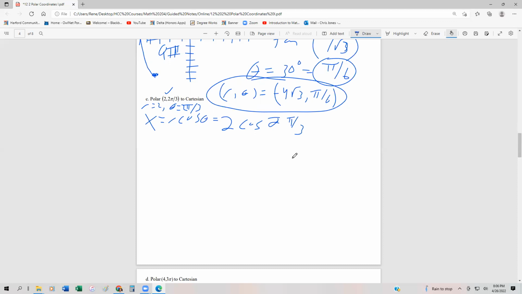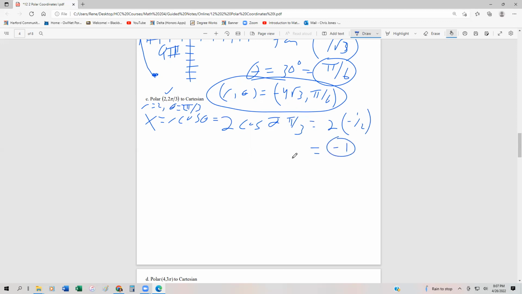And we know that 2 pi thirds is going to be in quadrant number 2. And so if we just remember our basic trigonometry, the cosine of 2 pi thirds should end up being negative 1 over 2. All right, so this should end up being 2 times negative 1/2 or negative 1 for the